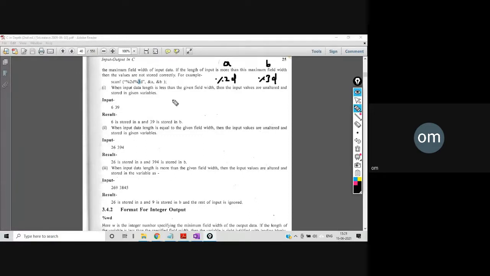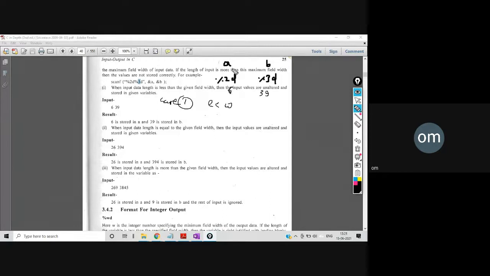Now the first case we will take, where the input data 6 and 39 is entered. So for A, 6 is entered, for B, 39 is entered, right? Now, the first case which we are studying, case 1, where length is less than w.